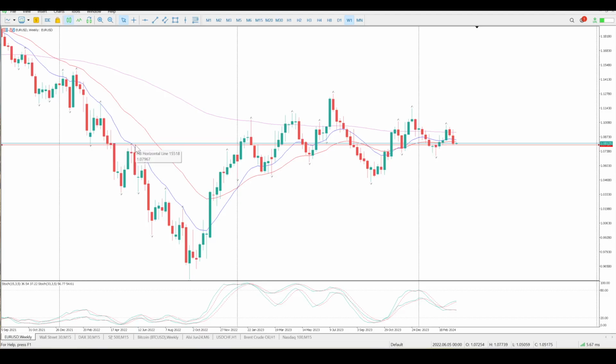107967 or 108 is kind of the zone that we are just moving up above and below. We're still stuck in amongst moving averages here, so there's nothing really on the weekly to indicate that we have a trend forming. This could be another leg down, but from a weekly perspective, we'd want to see a move